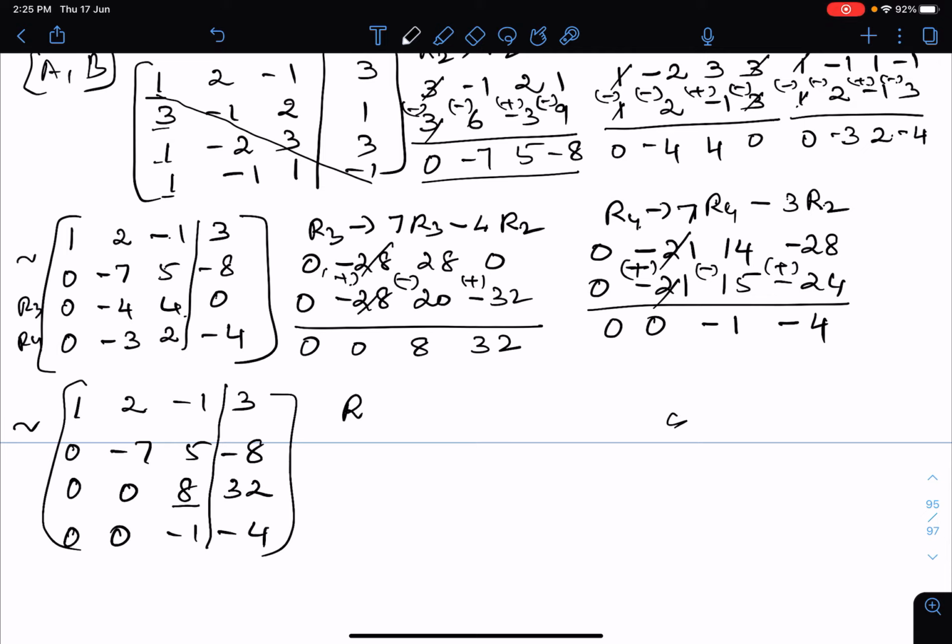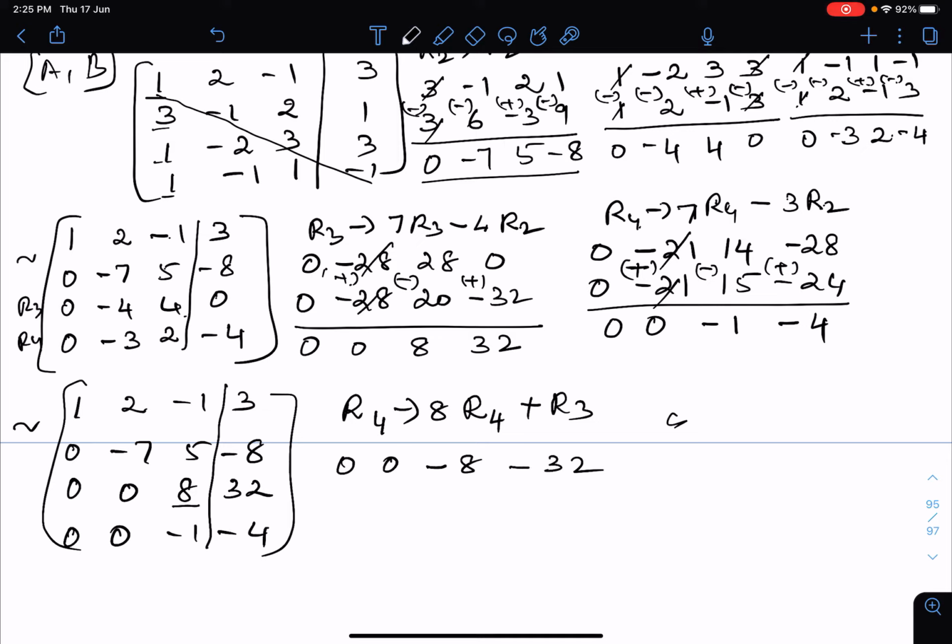So as you go down, you come down by row. Then only you will get the zeros correctly, because we have already done only 3 cross 3 and we have not done this 4 cross 4. So here you're going to get the help of R3 to change your R4 to 0. R4 is going to be 8 into R4 plus R3. So 0, 0, minus 8, 8 4s are 32.